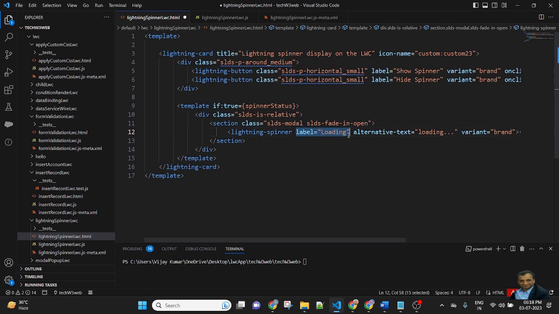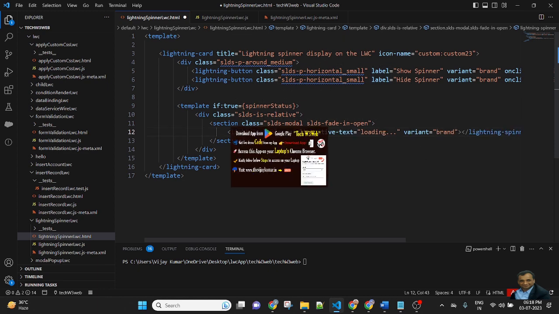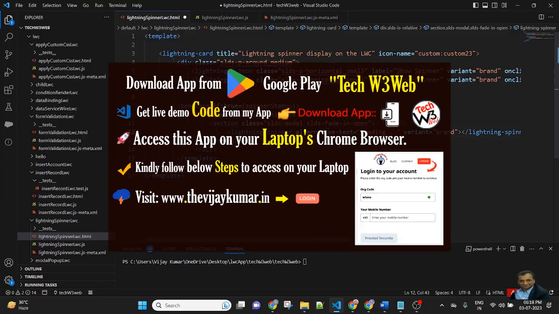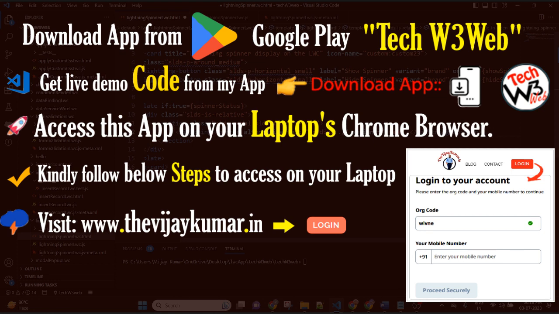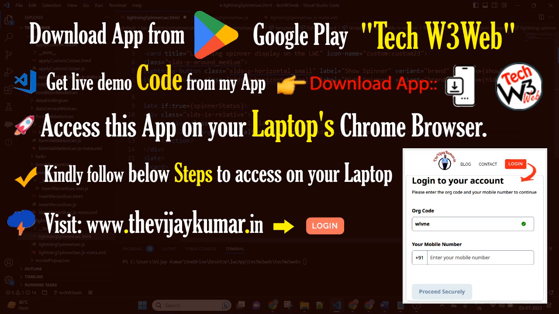There is no label required here. So in the spinner tag I will use alternative text loading and variant brand so that it will display in blue color.